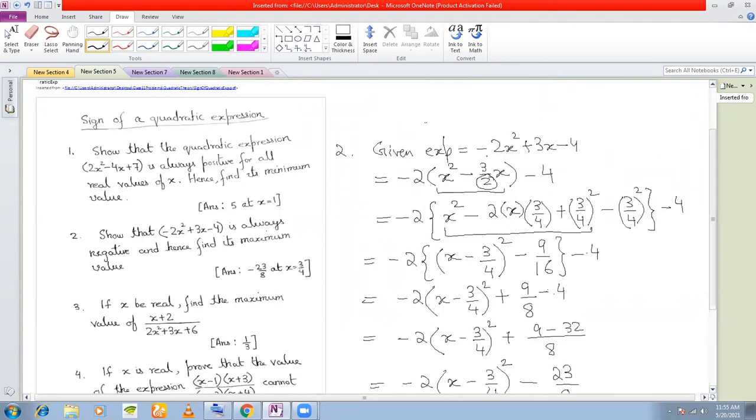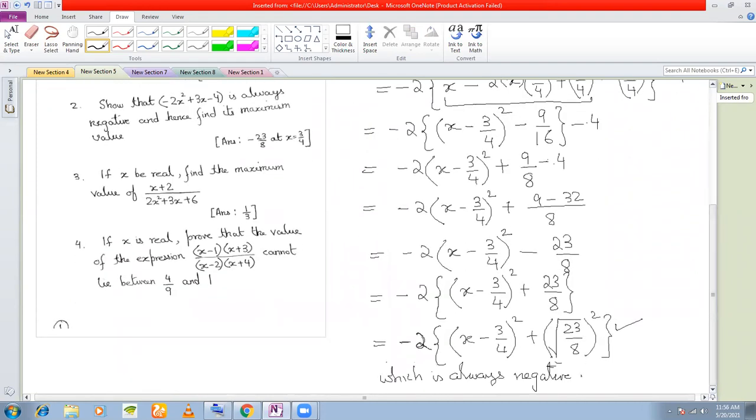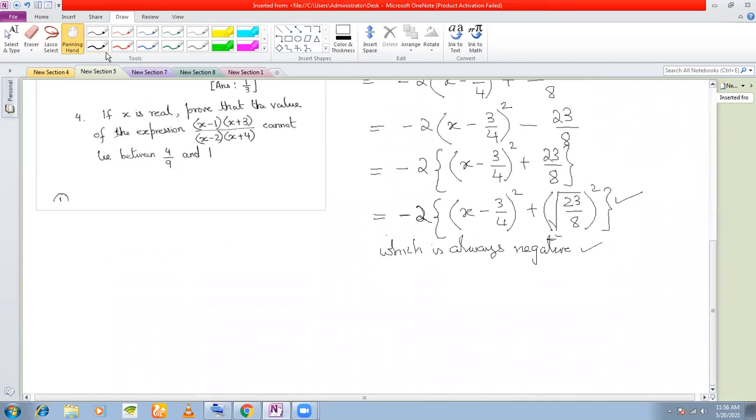So therefore, this expression here has been written as minus 2 into this, which is always negative. So first part is done. Now the question is find the maximum value. Now, what should be the maximum value? This is b square, which is positive. Now, this expression will be maximum only if this part is 0,